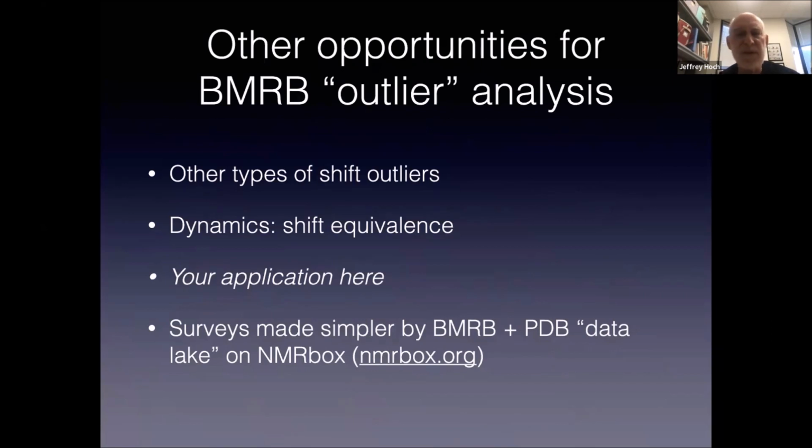So some possible examples, we might be able to look at shift equivalents for CHs, for example, to probe things like dynamics, potentially look at shift equivalents for opposite sides of the ring in the case of phenylalanine or tyrosine, for looking at phenylalanine and tyrosine dynamics. Your application here, I'm sure people in the audience will, my hope is, think of other uses for some of these outliers, and to help people think about that and to actually do it,